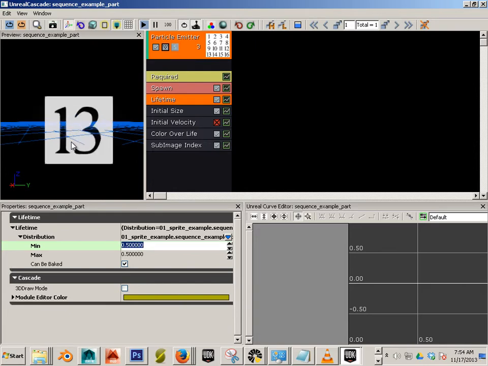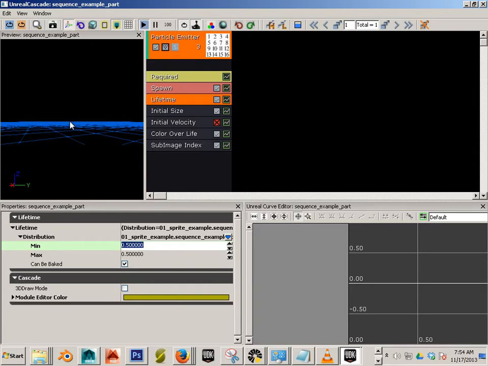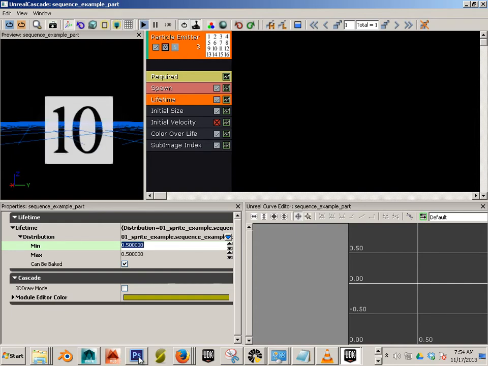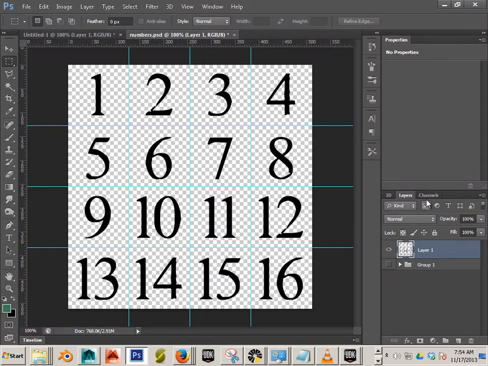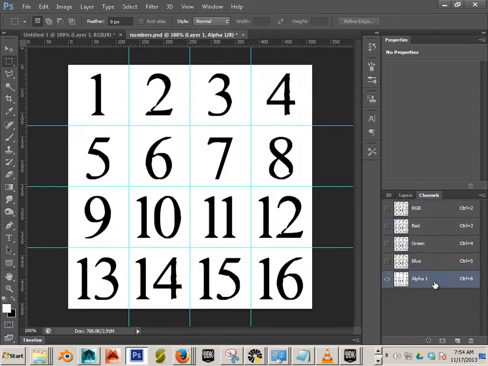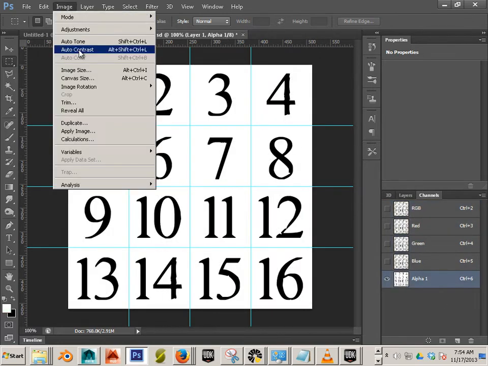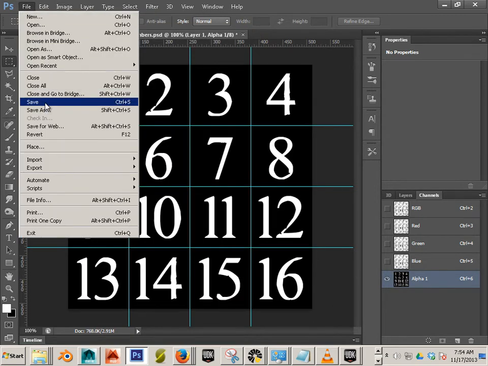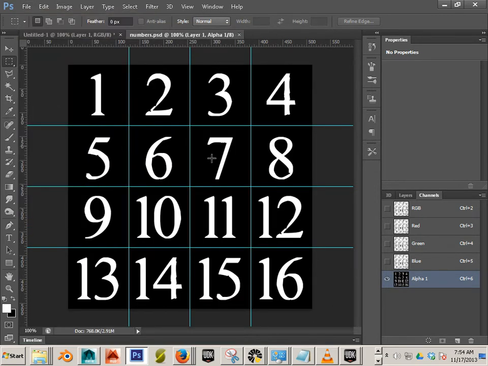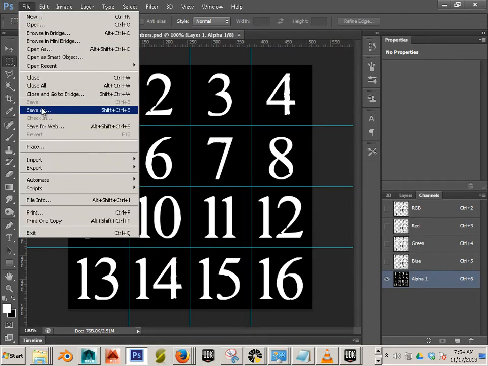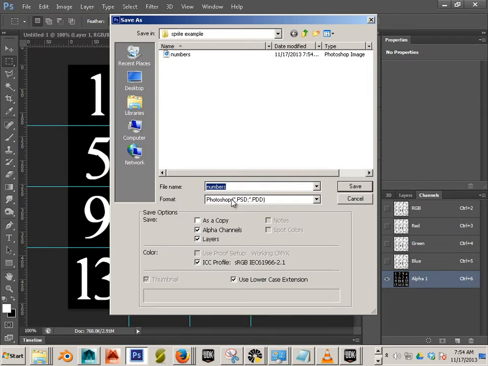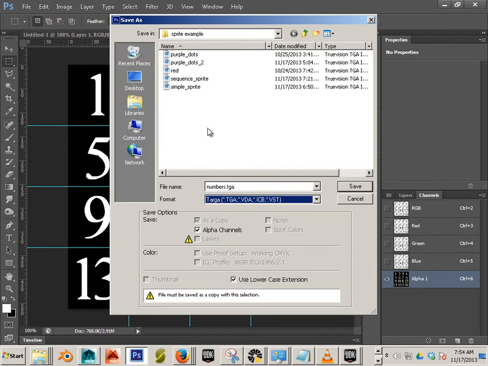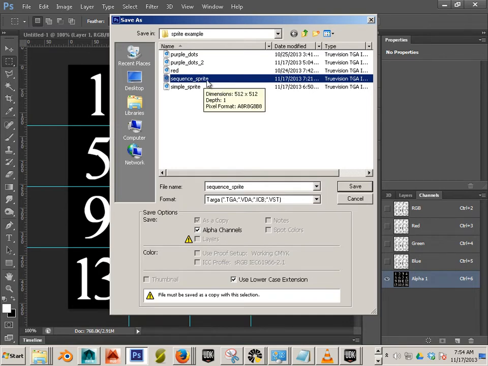Now let's say I wanted to make this so the numbers showed up and the white was transparent. Well, I would go over here and I would just say channels, alpha, image, adjustment, invert, file, save. Okay, so now, and make sure you hit save as, because I would say that it's going to save as anything. We want to put sequence sprite